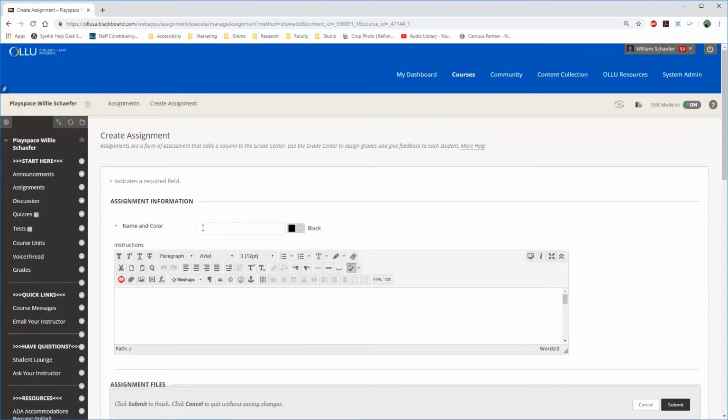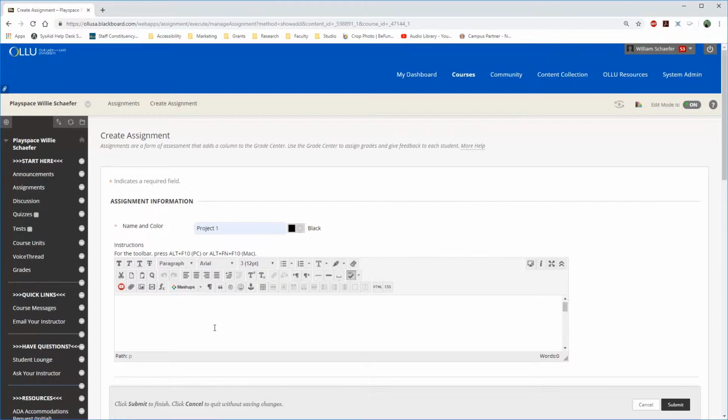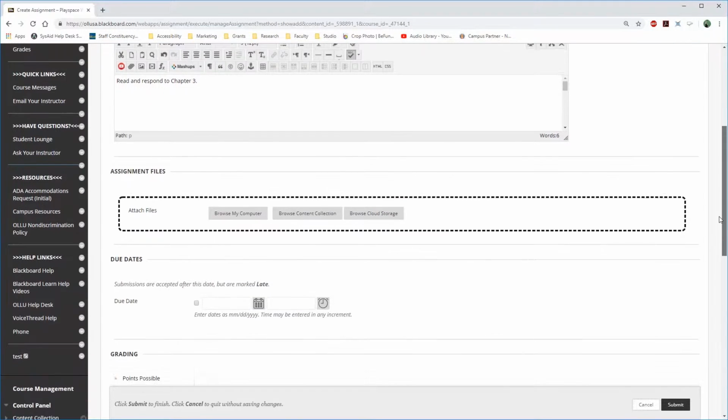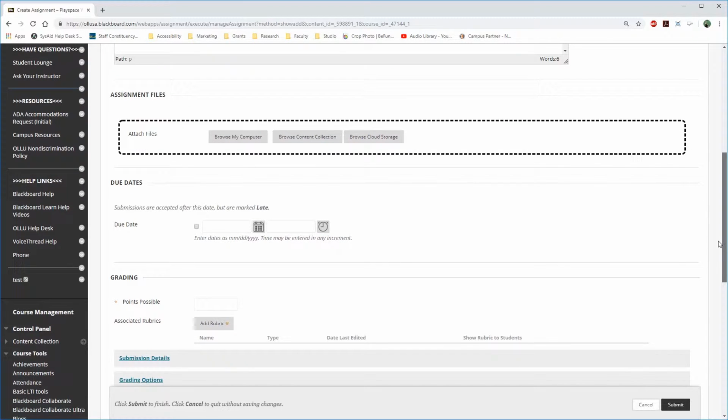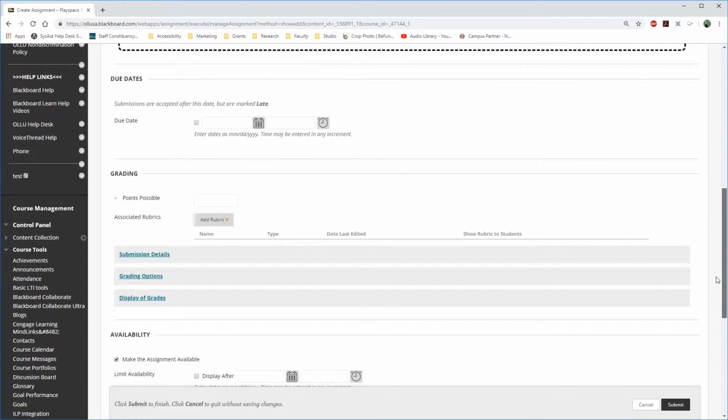And I'm going to call this Project 1. And then for Project 1, I would like the students to read and respond to Chapter 3. And then I'm going to scroll down, and I have all the typical options I would have here for a project. But what we're going to pay attention to today is right here under Grading,